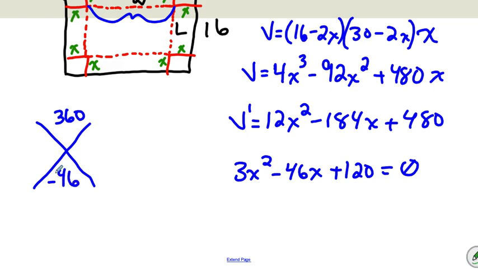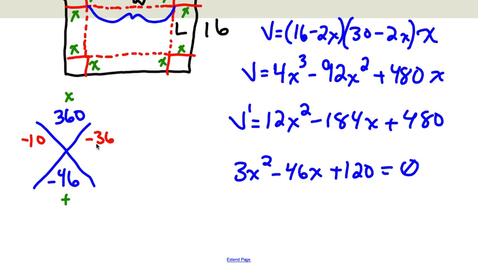So what I'm looking for is two numbers that will multiply to give me 360 and add to give me negative 46. So think about it for a second. What multiplies to give you 360 and add to give you negative 46? So that's going to be a negative 36 and a negative 10. Right? Negative 10 times negative 36 is a positive 360. Negative 10 plus negative 36 is negative 46, right? So then,